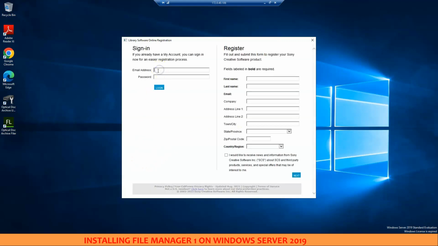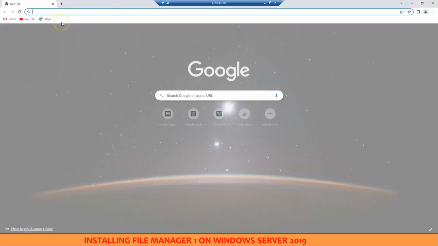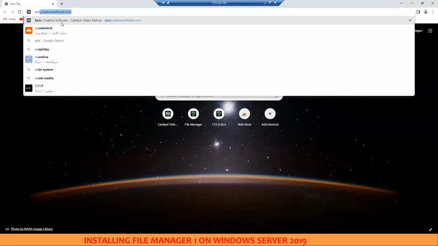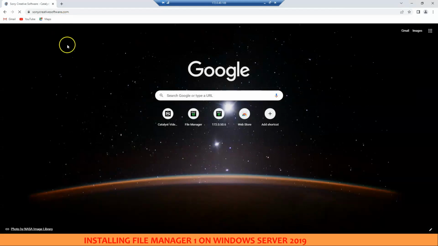So just key in your email address and password. This requires you to go to Sony Creative Software and register an account so that you will be able to activate your file manager. So go to Sony Creative Software,